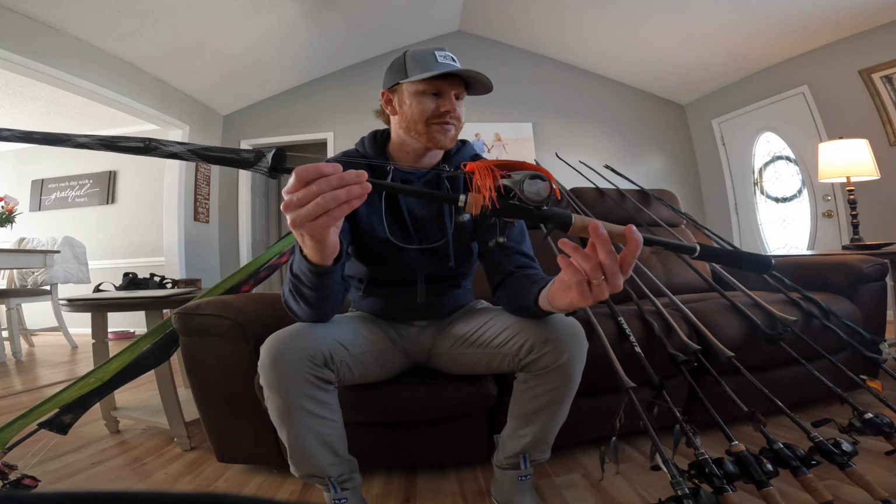Now I use this Dobyns rod here. I used this the other day in one of my videos. This is one of Dobyns' newer line of rods. It's the Dobyns Caden series. This is a more affordable rod, and though it's a little cheaper than the other ones that I have,